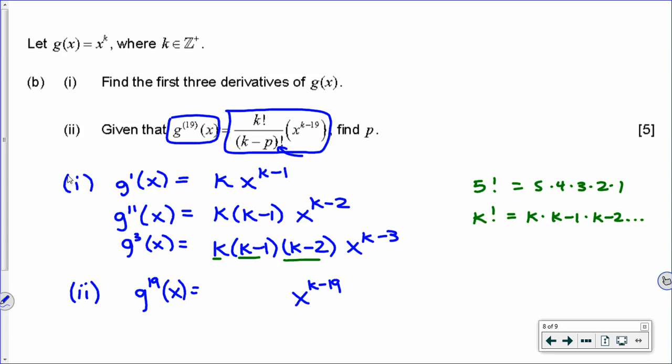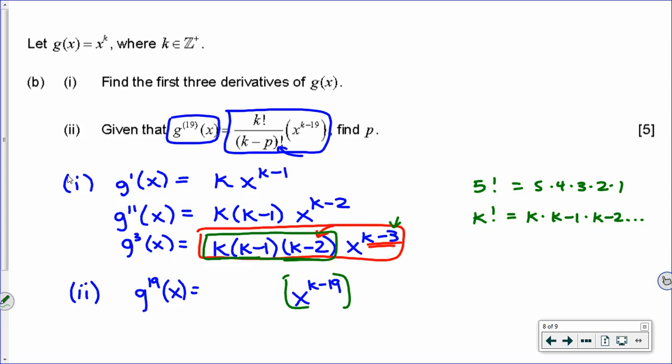I want to look at the prior example right here, where we had the prior part of this question, where we had the third derivative of g. And if this was k minus 3, you'll notice the last part of the coefficient was a k minus 2, right? All of this together, what I'm putting in a green box here, is the coefficient in that derivative. And the last subtraction, k minus 2 there, is 1 less than the given subtraction in your exponent. So that means in front of this,